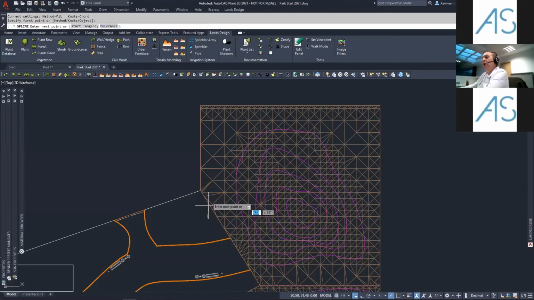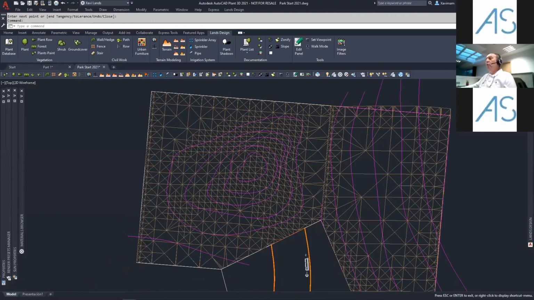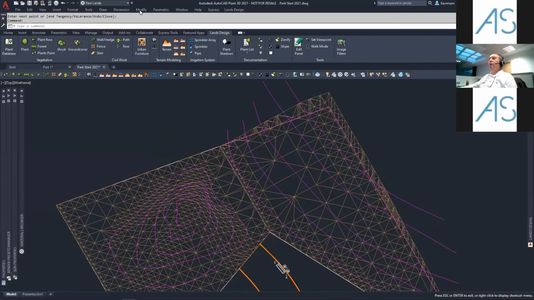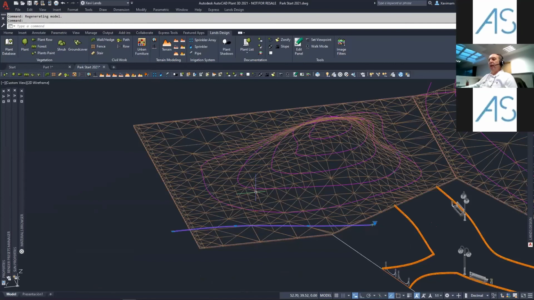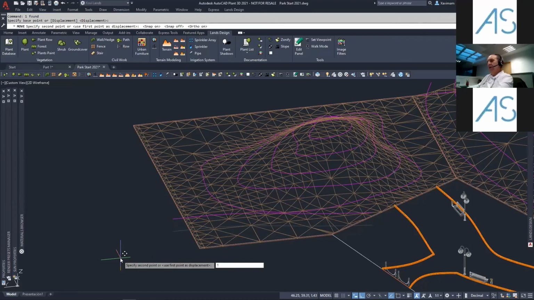I'm going to use this option too. Then my contour curve is going to cross my line here. Then I'm going to move this contour curve using the command move from the modify. I can use the command move, select any point with the ortho activated. I have the option to move up in Z coordinate,